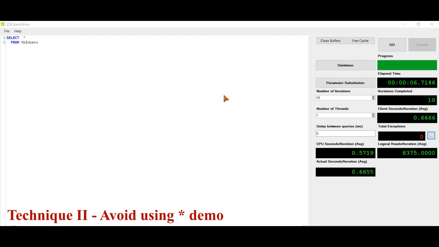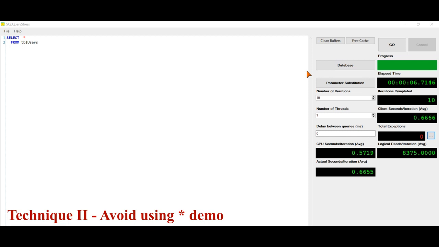So all the details you can get from over here. To measure the performance of your query, you will get a clear idea by running it for multiple iterations. So the first scenario which we covered is select star from TBL users. Time taken is 6.71 seconds.